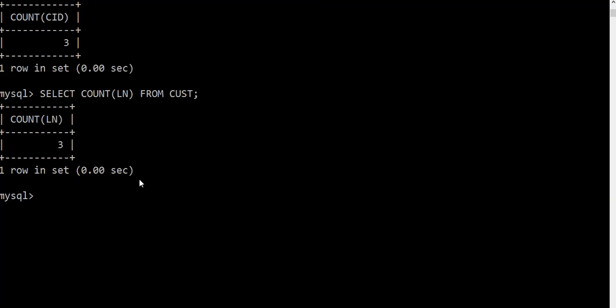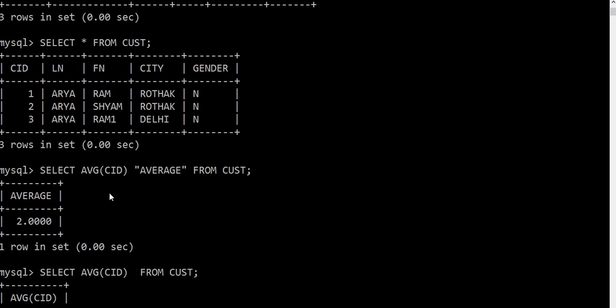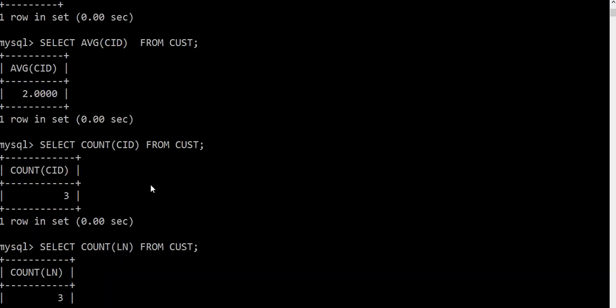Okay, if you want to use distinct, which we have not used till now, I'll try. See, in LN all 3 entries have the same name. So if I use distinct, only 1 entry will be counted, because 1 entry is repeated 2 more times. So in total it makes 3, but distinct is only 1. So the output will be 1.